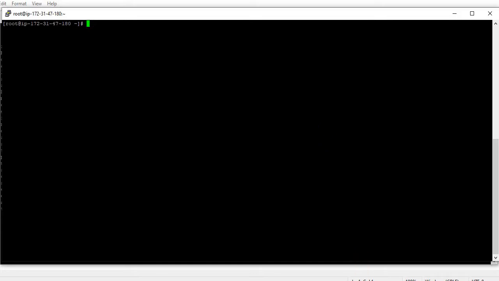Sorry guys, there was some network issue, so it got disconnected, and I've connected again. So what we have done is created a user and group by using IDs. Now the second task is to create a user and group and add that user to that group without giving any IDs. You can do either. If you feel giving an ID is complex, you can just follow these normal steps, which I will tell you very fast.